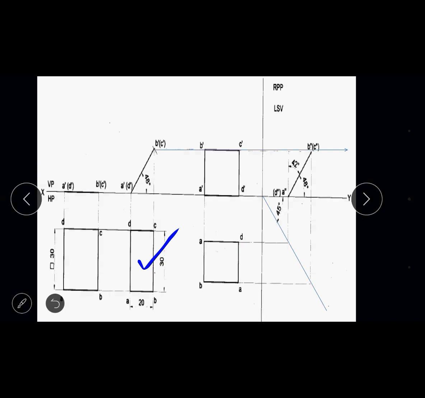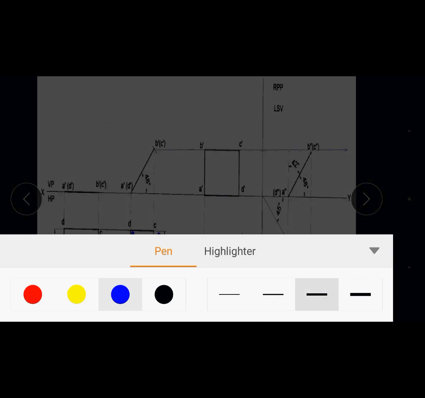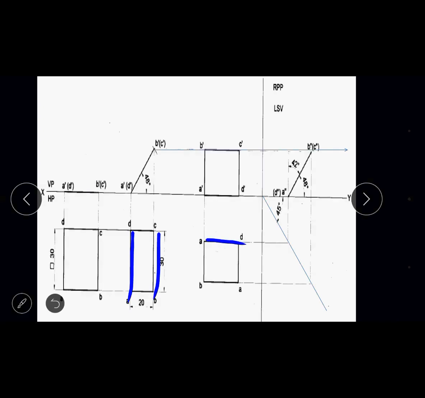Both are the same. So in the next step, you have to rotate the rectangle in such a way that the longer edges AD and BC are placed in this way. Just measure this as 30 mm, and how to construct? First construct at a suitable position the AD line of 30, then a line BC of 20, then again line CB of 30, then again 20. In this way, the same rectangular lamina is rotated and placed.